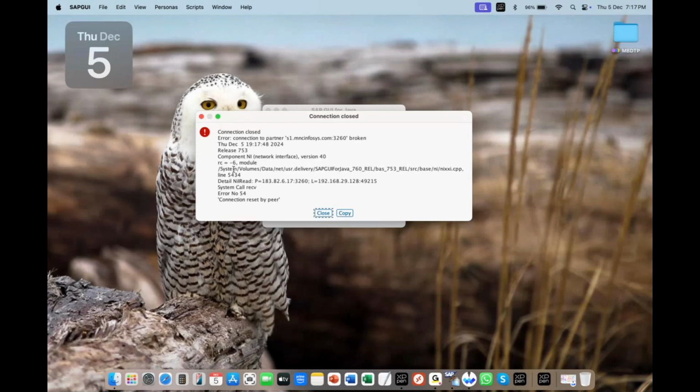See what happened here? The server got disconnected. When you get this message, that means the server got disconnected. There may be two reasons why you get this. One, if your internet gets disconnected, you will get this. Or, if for a long time you left the screen idle without doing any activities, the session will expire.